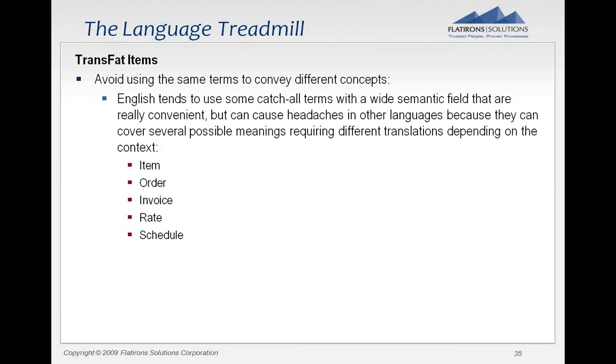So having clarity and using domain-specific terms is faster for a translator, and if it's unavoidable, having domain-specific definitions so that the translator can know what that item means in that context, so that they can get faster to the word that's